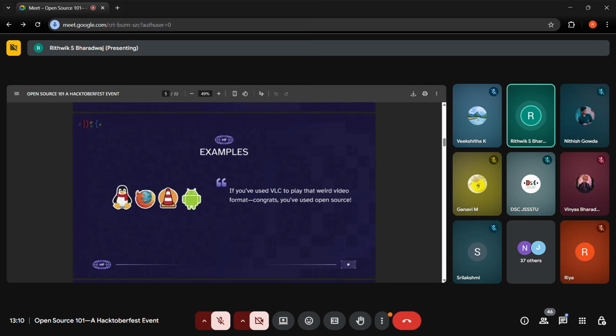If you have a Samsung phone, you will have something called One UI. This One UI is built on top of Android. So they took this open source Android and they built on top of it. Even, for example, if you use the Chrome browser, it is built on top of the Chromium project, which is an open source project. Same goes with the Brave browser, also built on top of Chromium. So these are all examples of open source software on top of which other bigger software have been built. That should give you an idea as to why open source projects in general are so extremely useful.